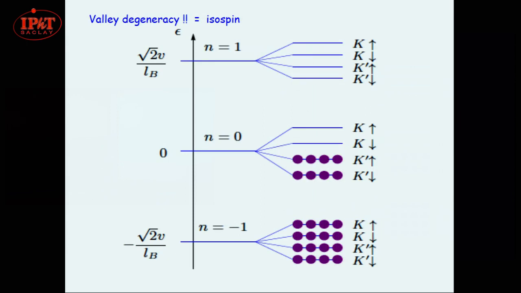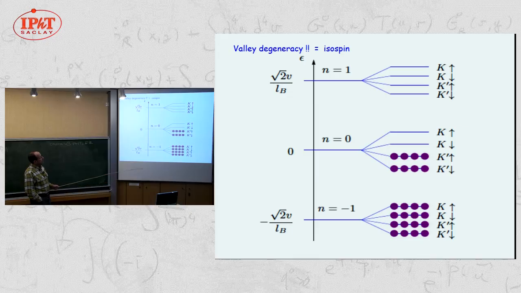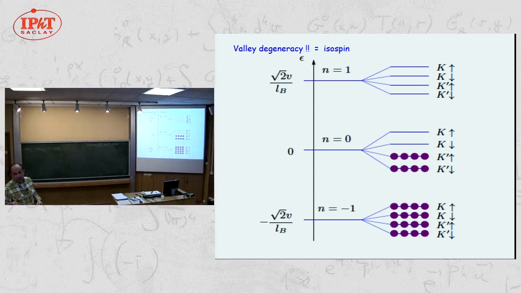So this is the set of Landau levels at fixed value of the magnetic field. So this is the energy. That's the central Landau level. And in the case of graphene, if you count the electrons in the carbon atoms, in fact, at neutrality, which means without adding any extra electrostatic potential, you are right in the middle of the n equals 0 set of states, which means that this fourfold set of states is exactly half filled. So here I have added the names of the levels corresponding to the valley and spin label, but it's not yet clear, of course, what will happen exactly.